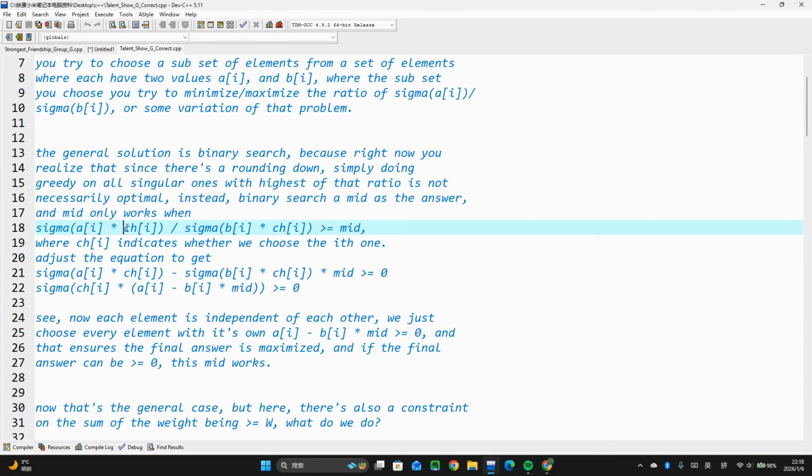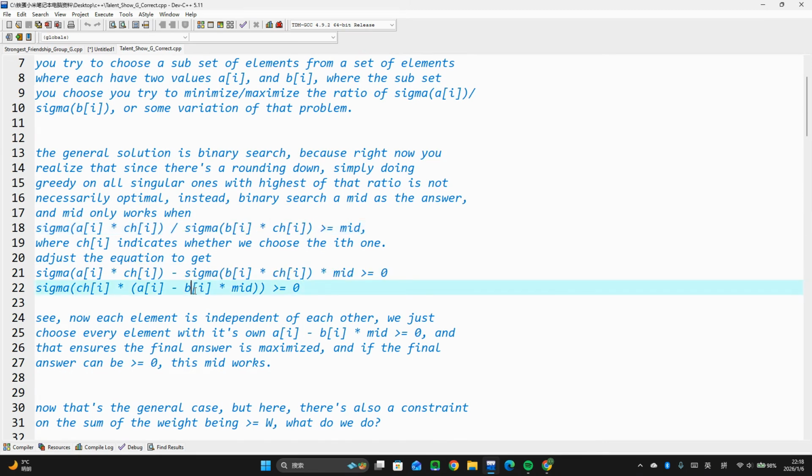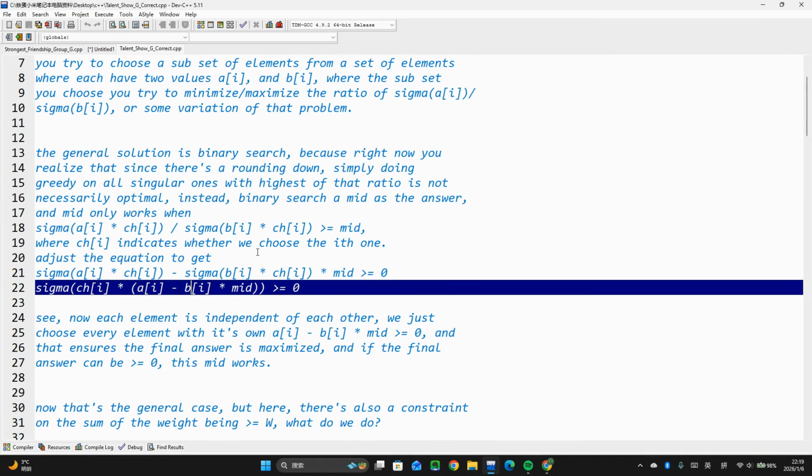And then we have this equation, the sigma of A, which I use instead of talent T because I use T for other stuff, and B instead of W because there is already a W in the problem. Anyways, we have sigma of A times chi, where chi_i means whether we choose i. Obviously sigma of that has to be greater than or equal to mid. However, by simply manipulating the equation, moving this term to the right, and subtracting mid times sigma of b_i times chi_i to the left, we get this, and then combining the sigma, we get this,